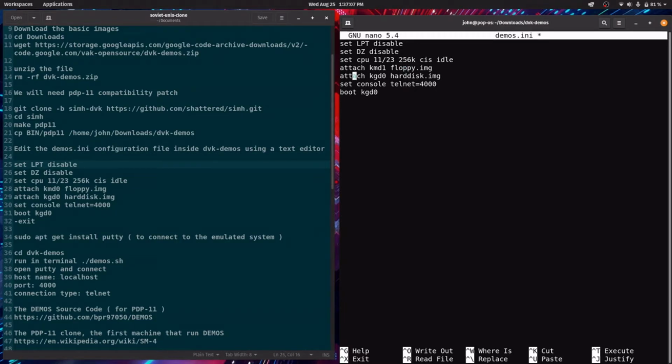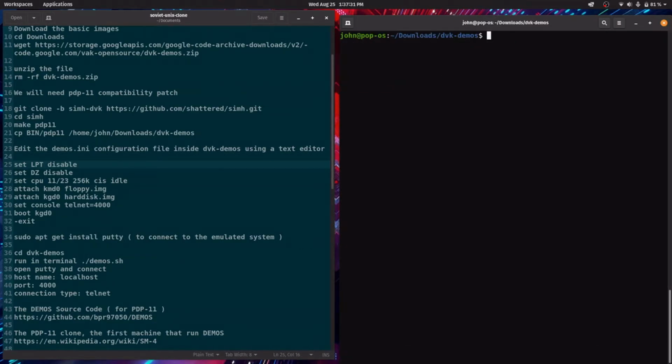Attach floppy.img, because our operating system will load from this virtual floppy disk, and attach hard disk.img to save the system to a hard disk. Set console telnet address 4000 and boot kg0.